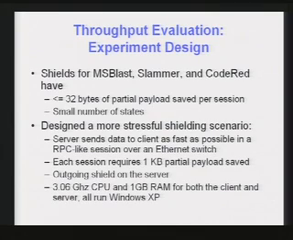So we assume there's a server sending data to clients as fast as possible in an RPC-like session over the Ethernet switch. And each session will require 1 kilobyte of partial payload to be saved. So that will be part of the session state. So it's much more stressful than the working shields that we have, which is only 32 bytes or less. And we put an outgoing shield on the server,